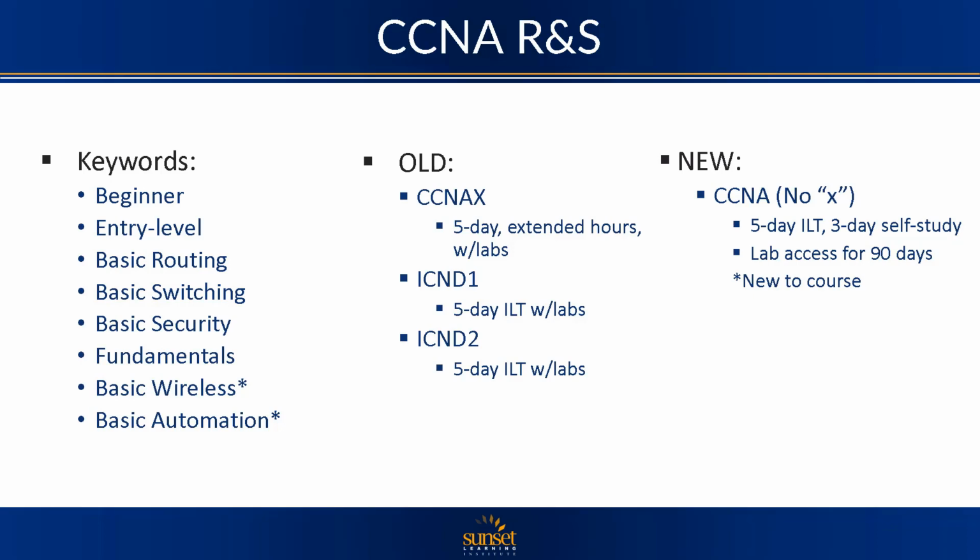So now there's just the new CCNA. There's no X on the new course, where it's not CCNA Route Switch. The new course is just CCNA, that's it, CCNA core, if you will. Where I've got the couple asterisks in there, they add in some basic wireless, basic automation, basic service provider information